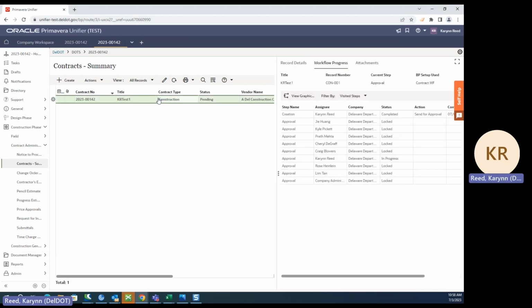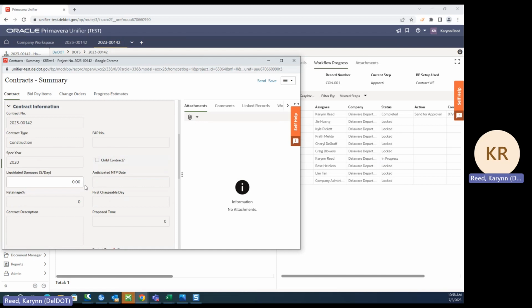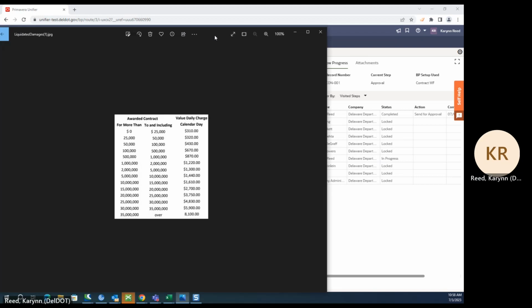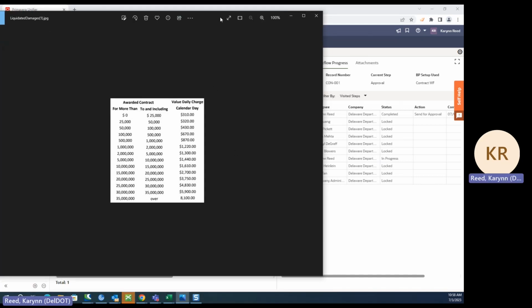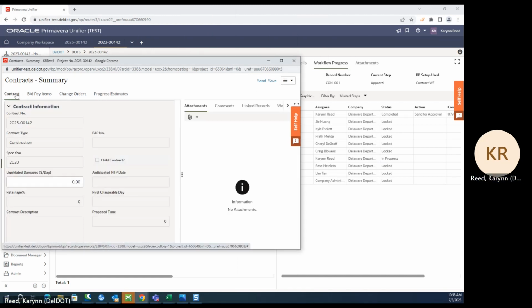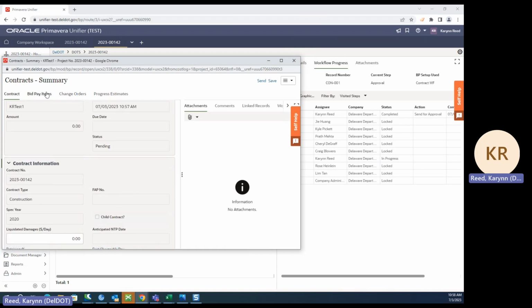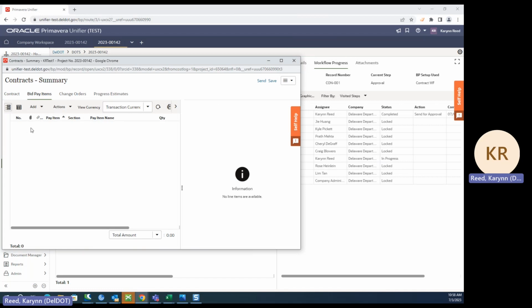So I've actually seen and looked at your contract summary. Pretty much what I do is I enter in the liquidated damages. I get it from a screenshot of what I have for that. So I typically will fill that in for folks. And then I review, check over, make sure you've got the vendor filled in. I'll click bid pay items. This is where I go through AASHTOWare. I pull the bid pay items, put them into a special bid Excel file I have that does some calculations,